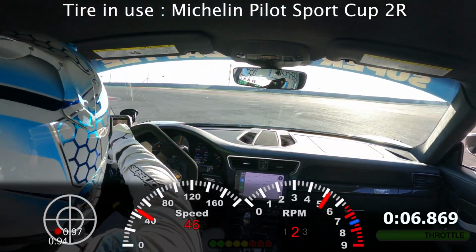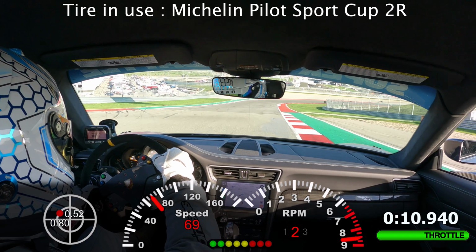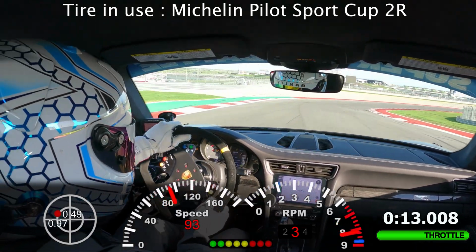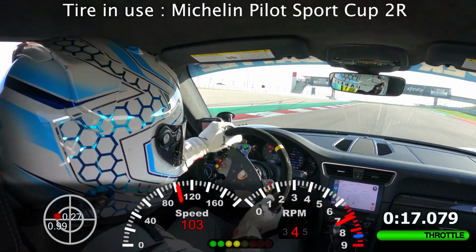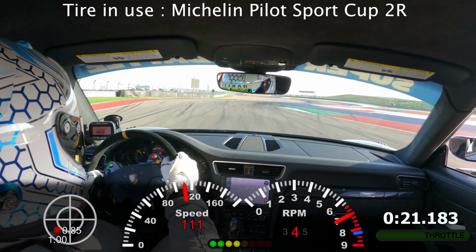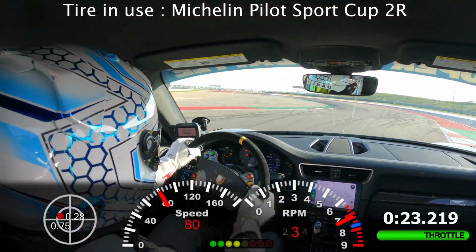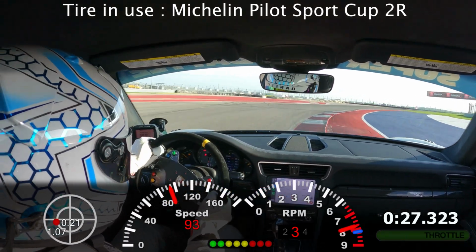But after those first 2 laps, it drops off. And we're talking about you start losing seconds off your lap times. By the 4th heat cycle, you're basically driving on a regular Cup 2R that's been heat cycled. So for $3,300, you better be committed to running this tire for competition purposes, like a dedicated time attack tire,